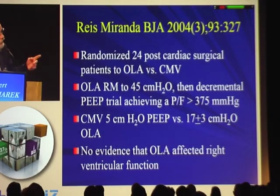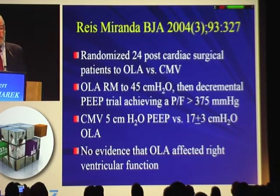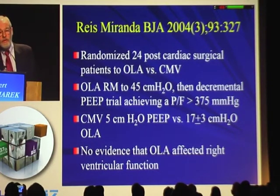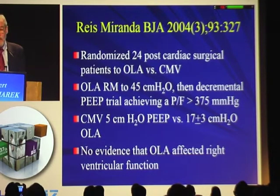volume. So there is an increasing amount of literature post-cardiac surgery indicating that the use of a recruitment maneuver and a decremental PEEP trial better establishes a PEEP level postoperatively that minimizes right ventricular dysfunction. This was the first study, and as you'll notice, it randomized 24 patients. They did lung recruitment up to 45 centimeters of water, then a decremental PEEP trial, and compared that to the typical, at least in my institution, 5 centimeters of water PEEP